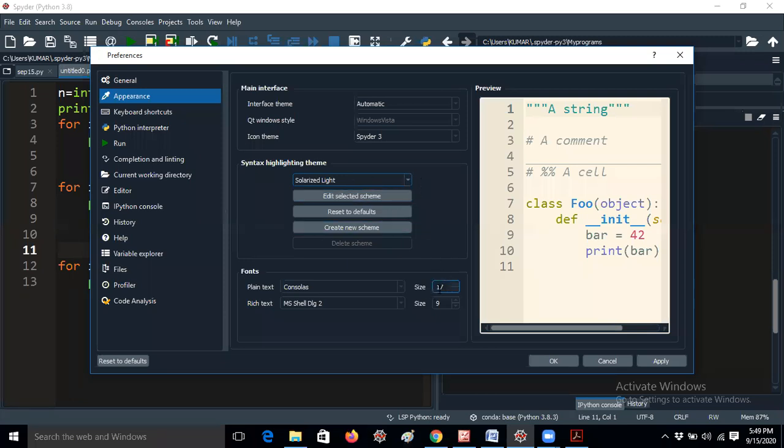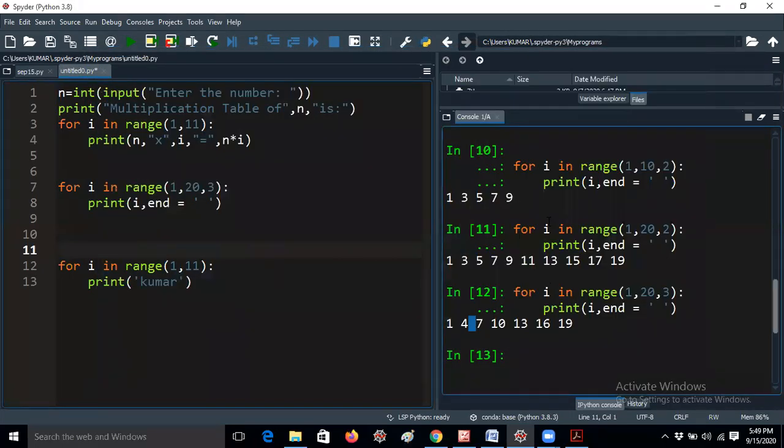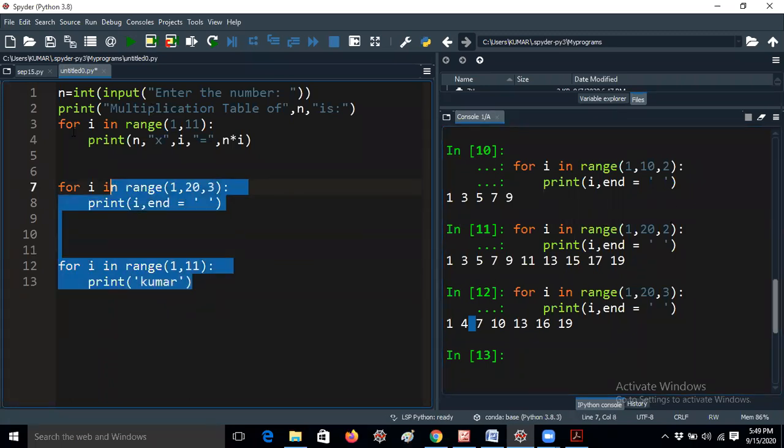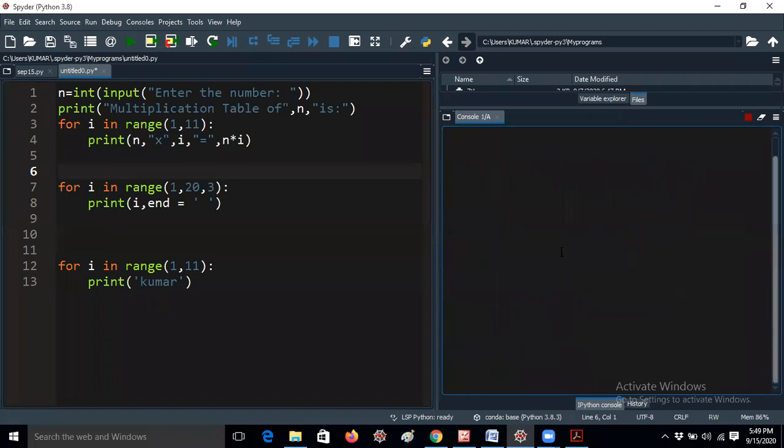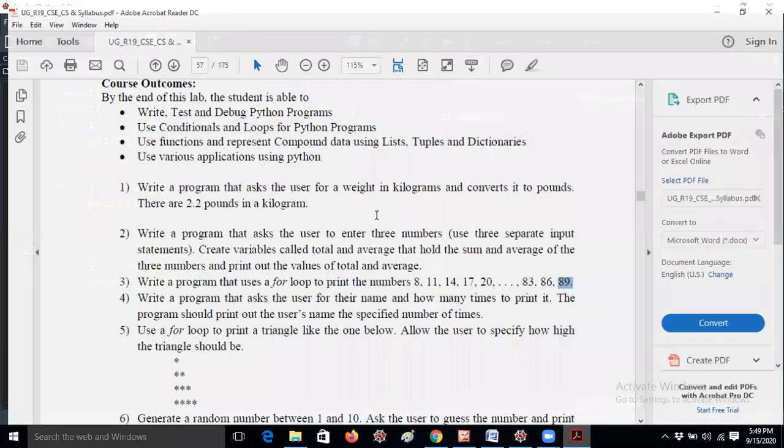You can increase the size here. I just set it to 17. So it automatically shows the complete console, and the script editor also gives a good representation. If I put this recording on YouTube, I will get the complete visualization there also. That's the reason I changed it here. If you like this, you can also change it. I don't want to waste your time, so let me move faster.